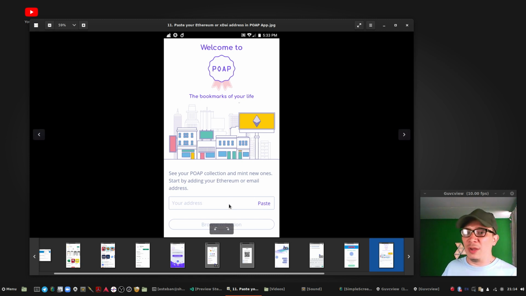That's why you can enter any public address you know here, and then you can display their collection in the POAP application, whether they have it or not.